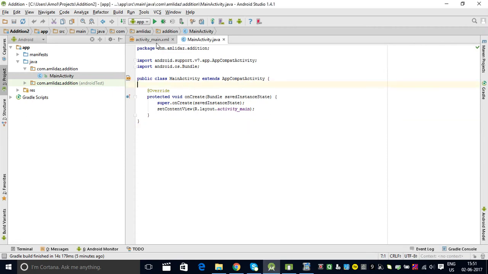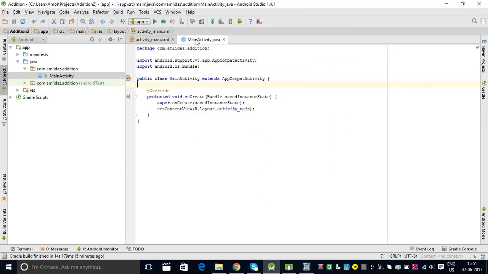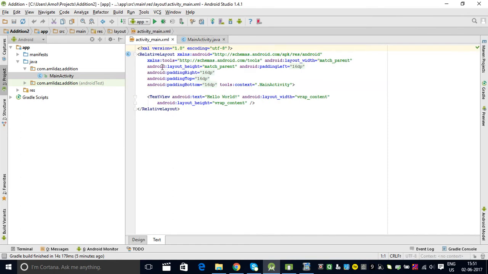See, I just launched the Android Studio for that, and now, first of all, we are going for the design. It has a design file. The file name is activity main, and the code file name is main activity. Okay, so first of all, we can say the default is a relative layout, and I would like to tell